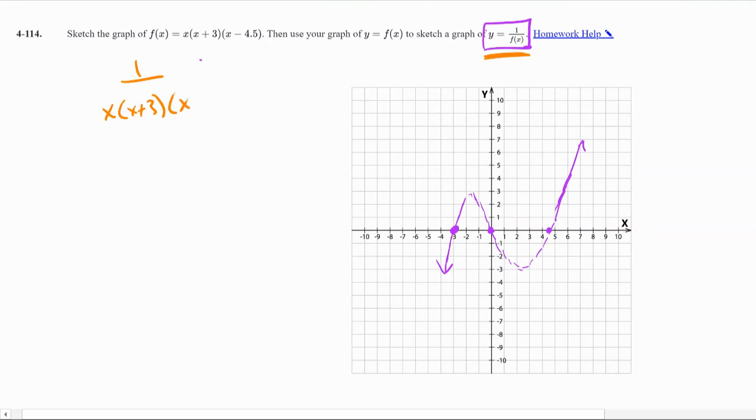And so all of these x-intercepts that I got in my original graph are now my vertical asymptotes. So I can really, even without rewriting the equation, I should have known that there are going to be some vertical asymptotes at each of these